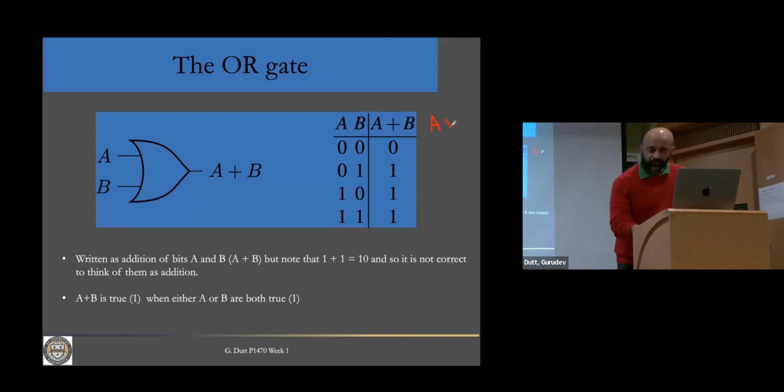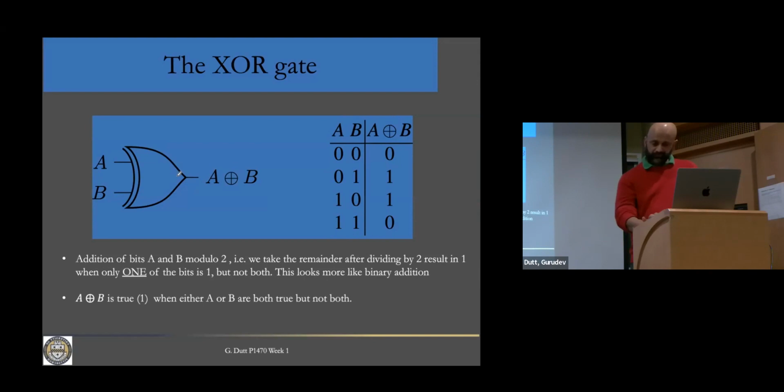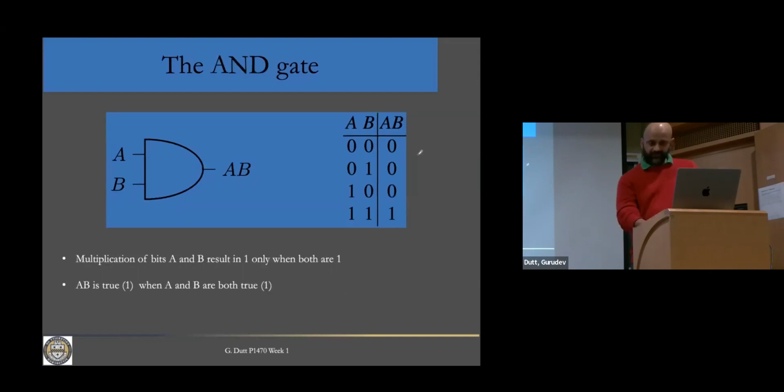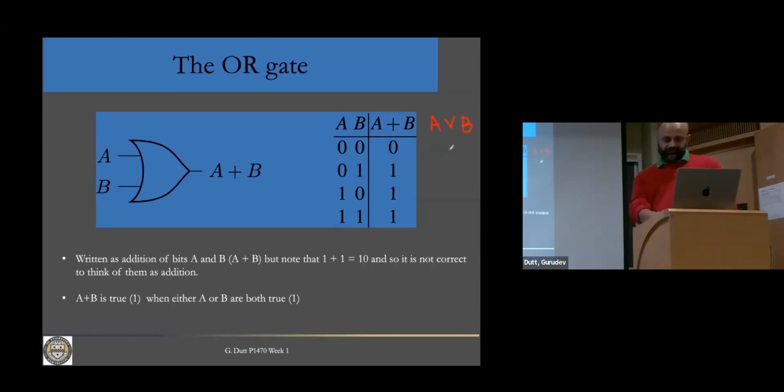A or B. So that's a symbol for OR, and it will sometimes be represented as A. Sorry, it's really hard to. I should have brought a mouse. A and B will have that little inverted two lines. But you don't need to know this. I was just going to say, if you ever read any other textbooks that have digital logic in them, you